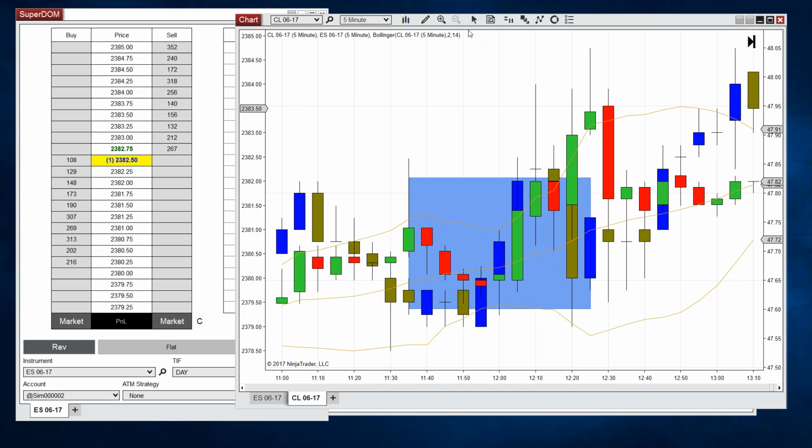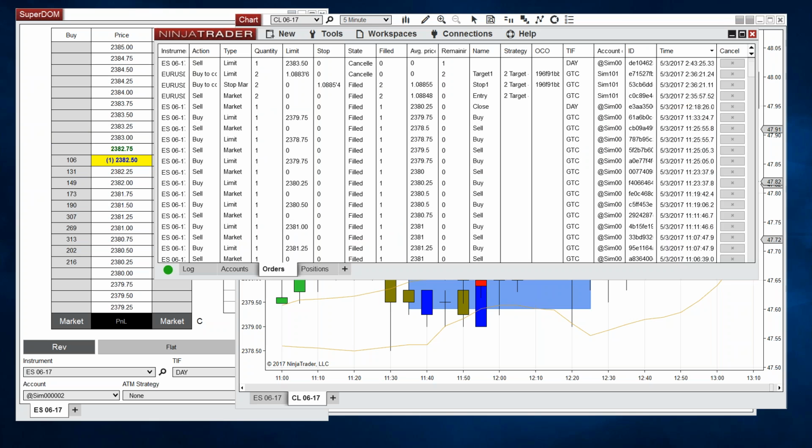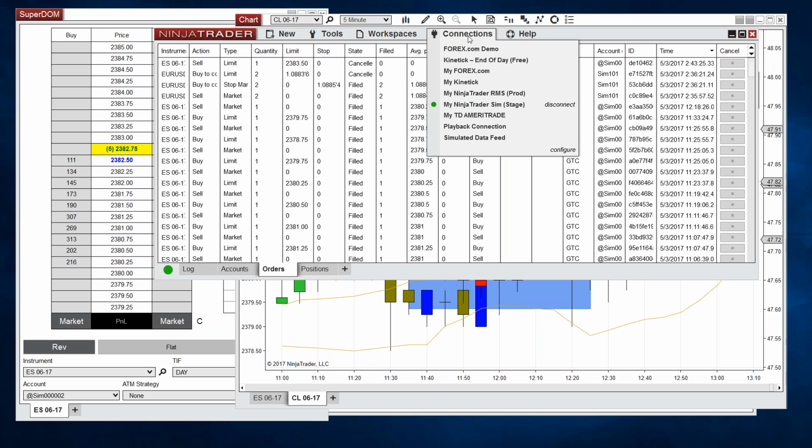Depending on what you want to backtest, when you install NinjaTrader, if you don't have a supported market data service like eSignal or Kinetick, or a brokerage account like TD Ameritrade or Interactive Brokers, there is an installed Kinetick end of day free.